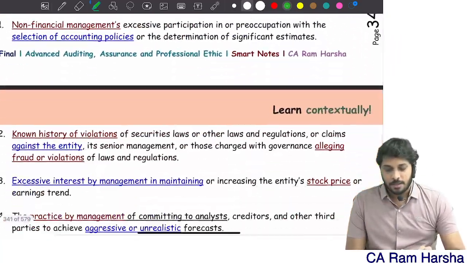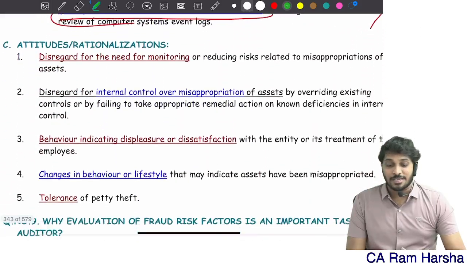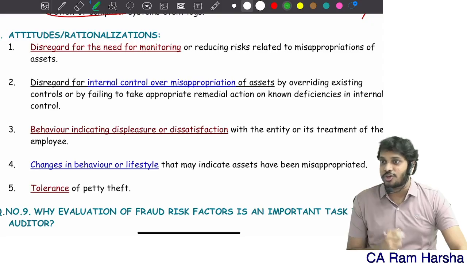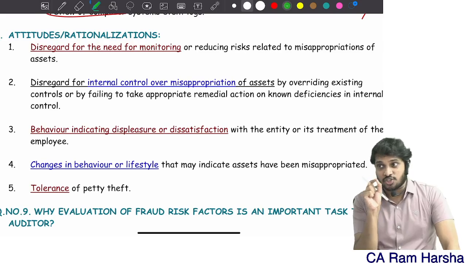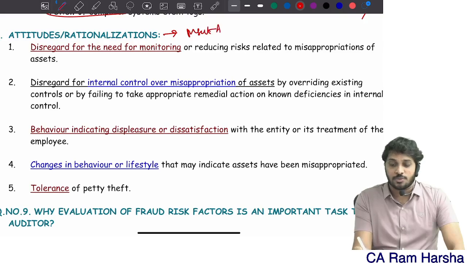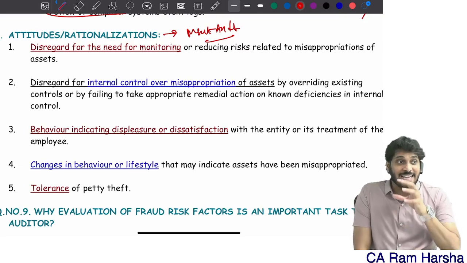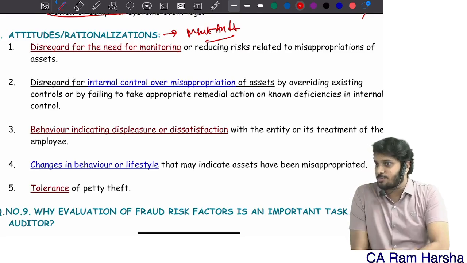Then now remember, not just incentive, not just opportunity. The person must have the attitude also. The person must have the character also to commit a fraud. You need to identify, is there such a characteristic? That's why many companies go for a management audit, to identify and assess management attitude. How is the decision making process?